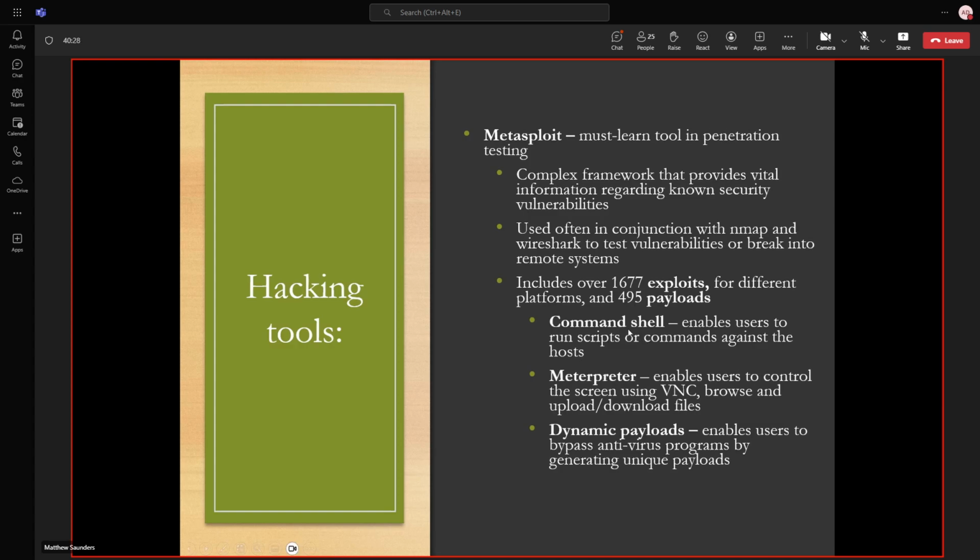So your payload will try and create a shell that can be sent back to you to interact with over the network. So it allows you to run scripts or commands. You might be using the default operating system. You might be able to upload your own tools and then use those.